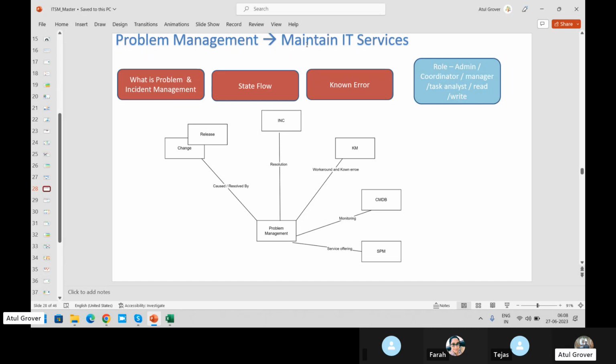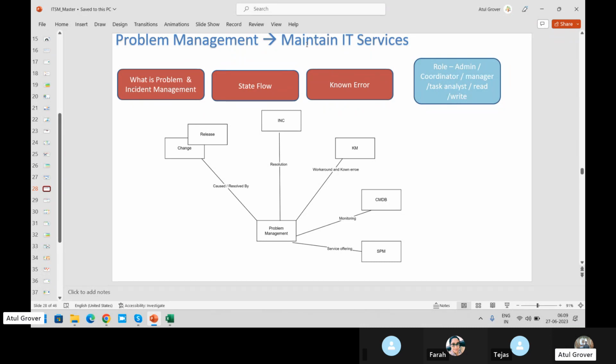So we raised a P1. We set up a call and investigated, and someone said that person is in the data center. We said, okay, please go and check what is happening. Then he said, oh, by mistake I switched off the other rack. As soon as he switched it on, in a few seconds the servers rebooted, and users were able to log into VDI.